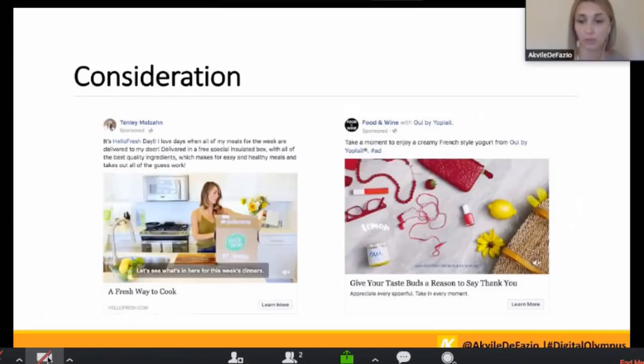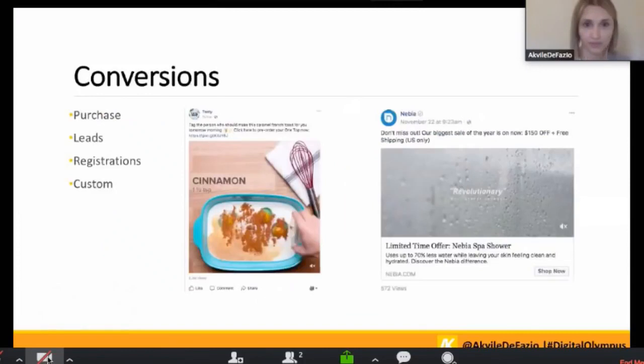As we move further down the funnel, we're down to conversions. So this is the part where we want people to buy, to sign up, to register for your event, whatever your conversion might be. So Tasty on the left, they are owned by BuzzFeed, and if you've ever watched their videos, they do a fantastic job of getting you down that rabbit hole. These videos are quick, they're fun, they're very minimalistic, and they make you feel like you're the one that's doing the cooking and that you're able to do it because they do it from a nice aerial perspective.